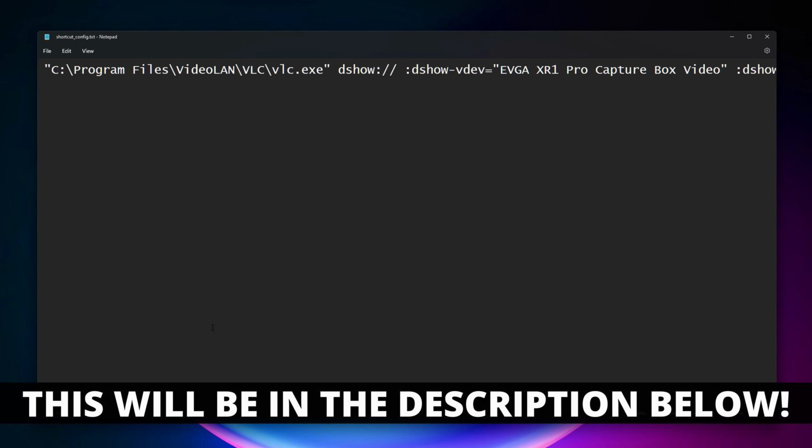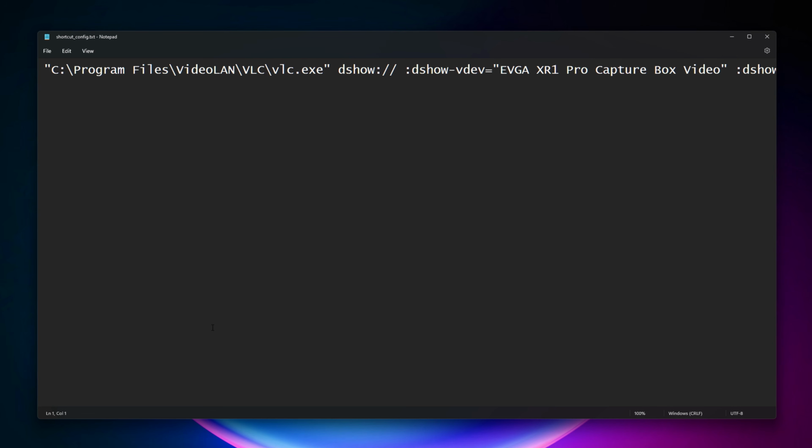Now, what I have here is a simple target path for the shortcut. This will have all of our capture card settings that we changed in it already, and we can apply this simply to the shortcut. Now, when you do the configuration in VLC Media Player by default, it spits out a very large string with a lot of redundant information, and the target path in VLC Media Player is rather short, so we actually can't include most of what it spits out. That's why we have to delete a lot of it, which I've done here. And I will put all of this in the description below so you don't just have to copy it from the screen, but let me show you simply what it does.